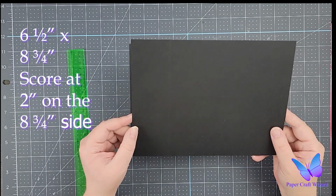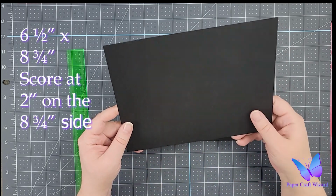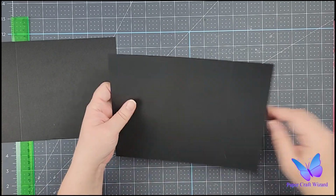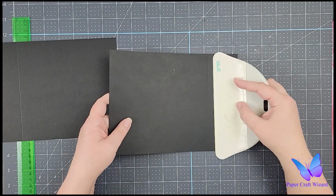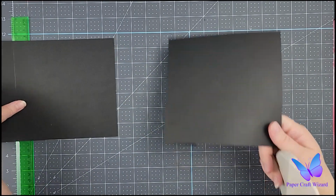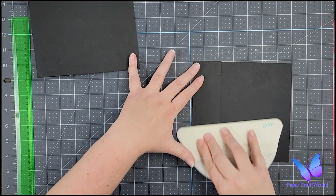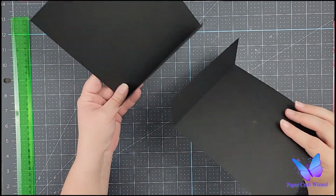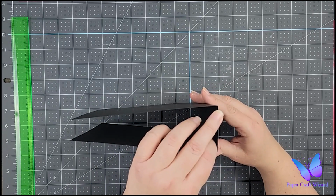Our second piece of 110-pound cardstock for our cover is 6.5 inches by 8 3/4 inches, and we've scored at 2 inches. The first thing I'm going to do is flip this cardstock over and bend it at the score line. And I'll do the same for the other piece of our cover. So now we have 2 pieces here, and the one that is 1 7/8 inches will fit into the one